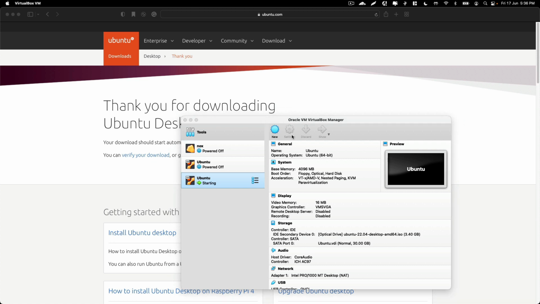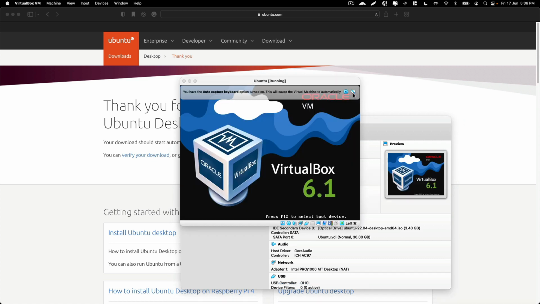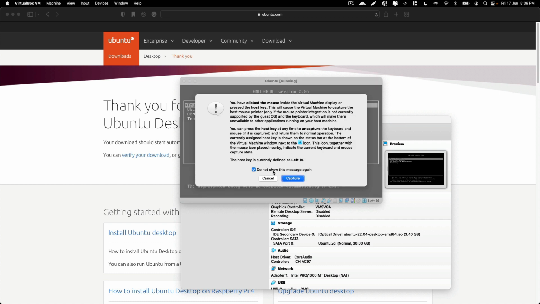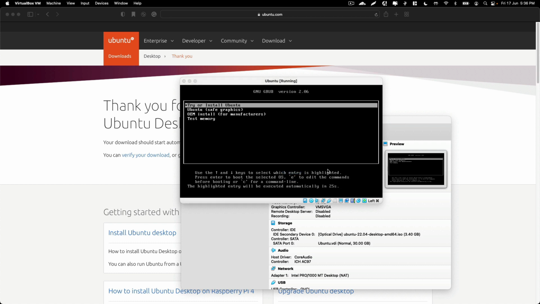this will boot up your virtual machine using the ISO that you provided, as you can see over here. Just don't show and capture. So over here you can select the different settings that you want. We are going to go ahead and select try or install Ubuntu and hit enter, and this will